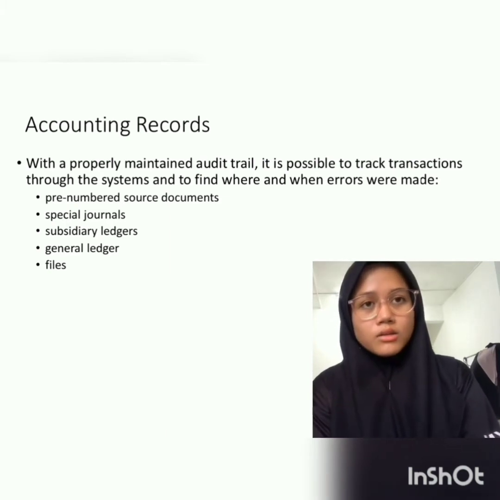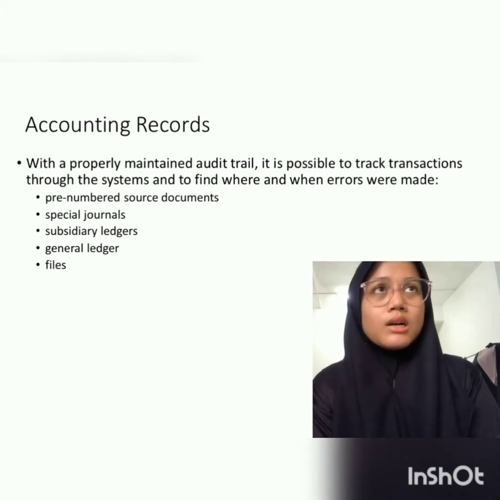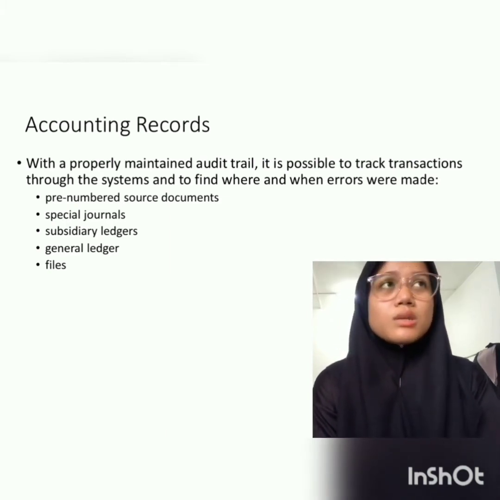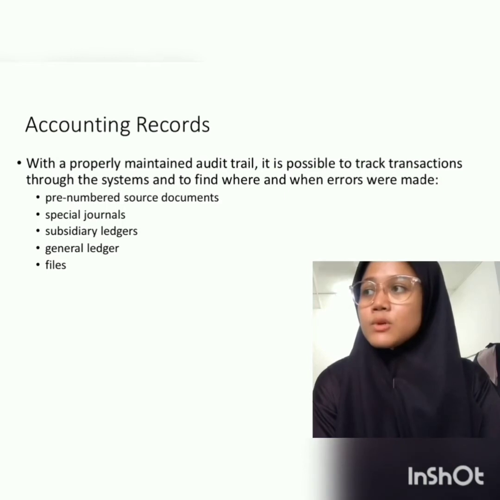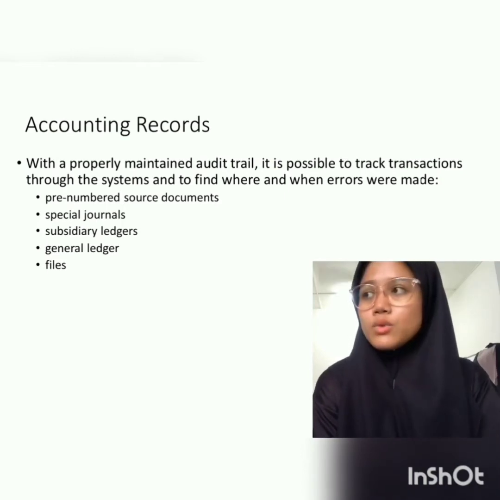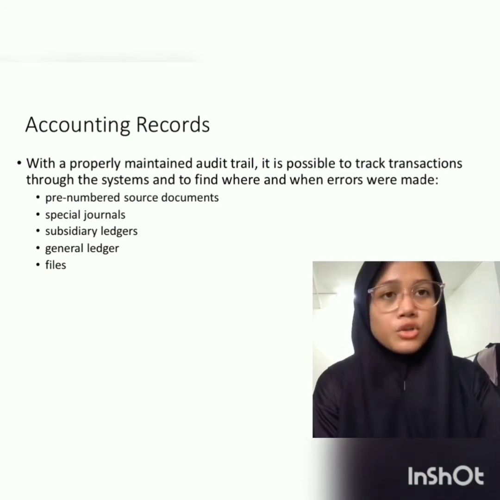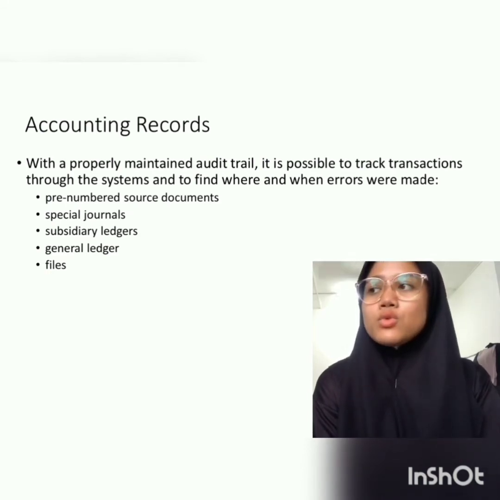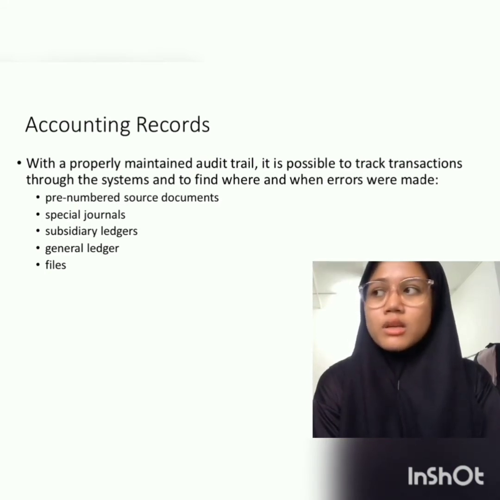Dengan jejak audit yang bagus, ianya possible untuk kita mencari kesalahan dalam transaksi dengan menggunakan 5 sumber ini, iaitu pre-numbered source documents, iaitu dokumen sumber yang terdahulu, special journals, jurnal khas, subsidiary ledgers, ledger subsidiary, general ledger, dan juga file-file